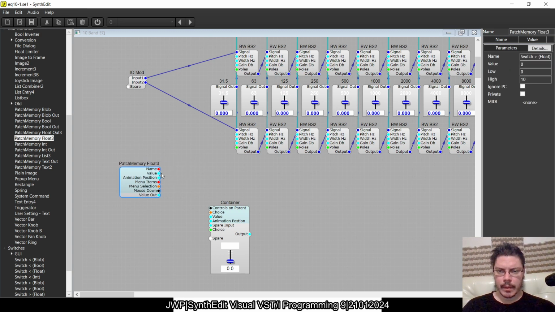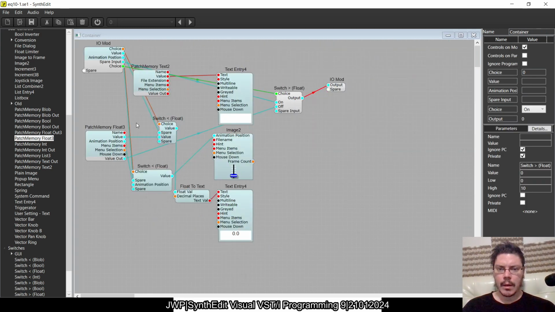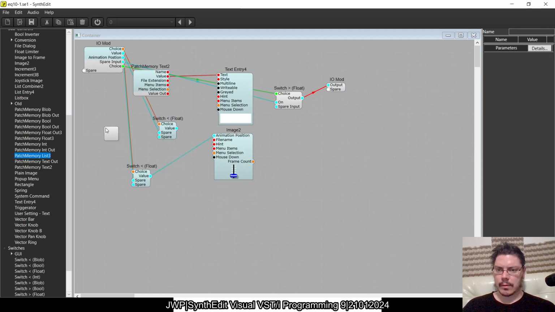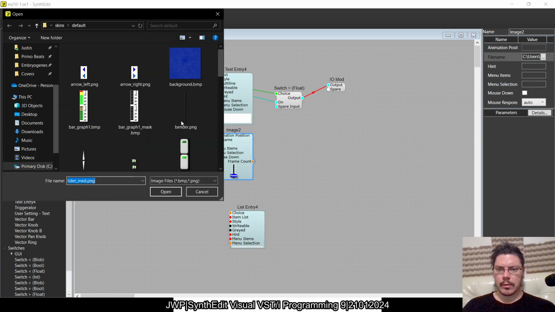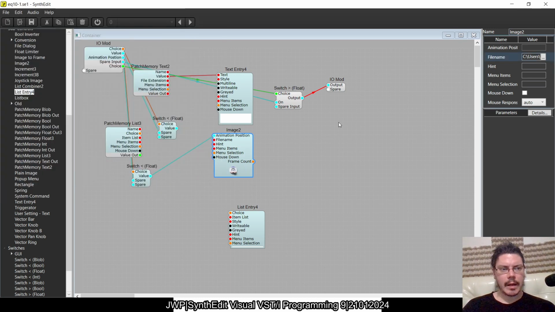Okay. And then this is what will be coming in here, right? And then I do require another one of these. So it's pretty much already all set up. I'm just going to reuse this. However, this does need to be a list entry and that needs to be a list. So I'm going to go list and list entry. And this is just for the switch. And then I must change this to a switch, which is that. And it automatically knows